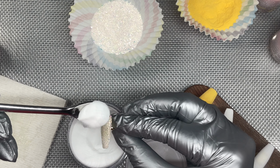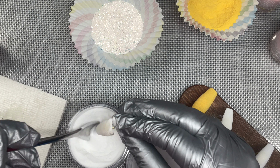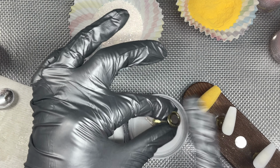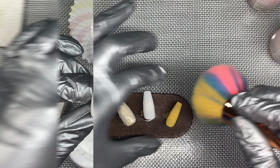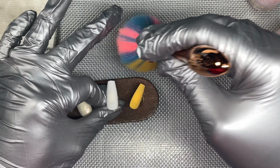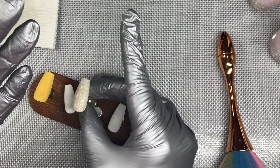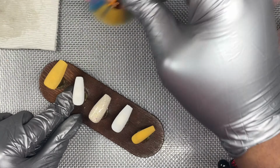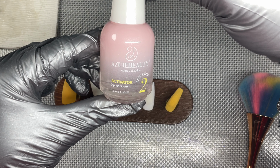I'm just using a salt spoon to pour over, and that's because I don't want any glitter or anything like that to contaminate my clear. Once I get the clear on the nail, tapping off excess, you can see it's coated good. That clear is coated well. I'm just removing excess dip powder from all of the nails before I go in and apply a generous amount. Now the clear on that nail wasn't dry all the way. It was slick, or looked wet. I had already put my clear up, or set it off to the side, and I didn't want